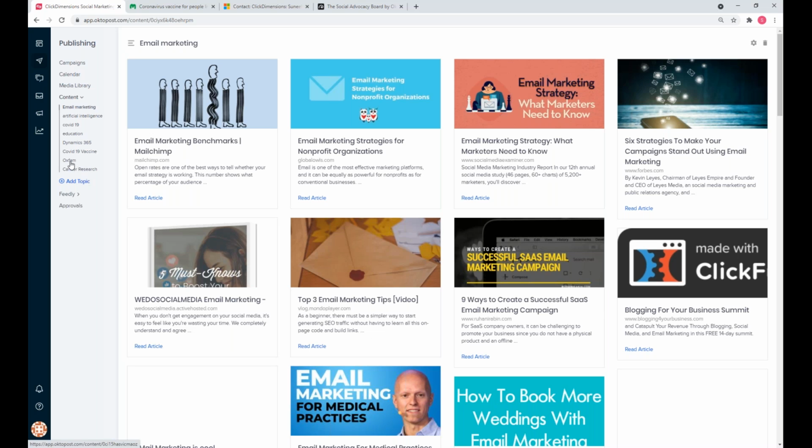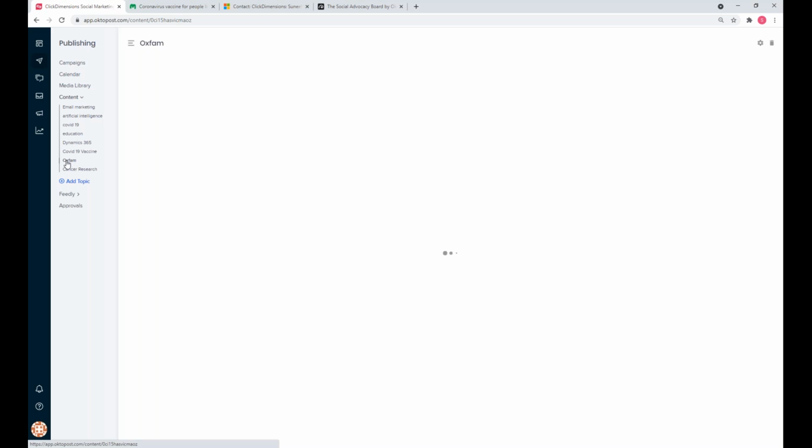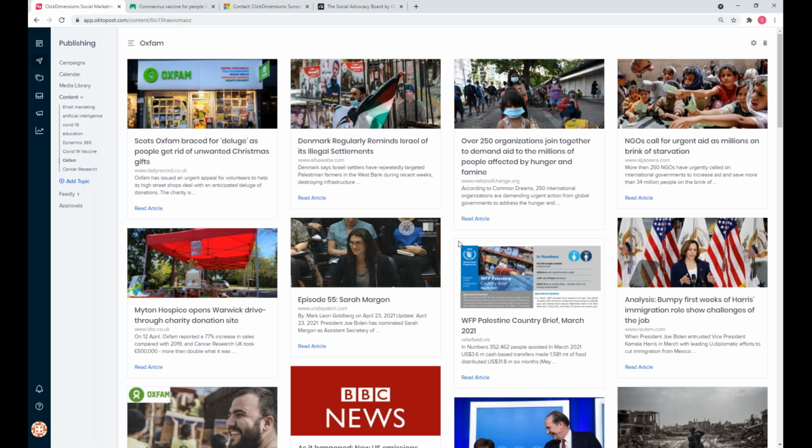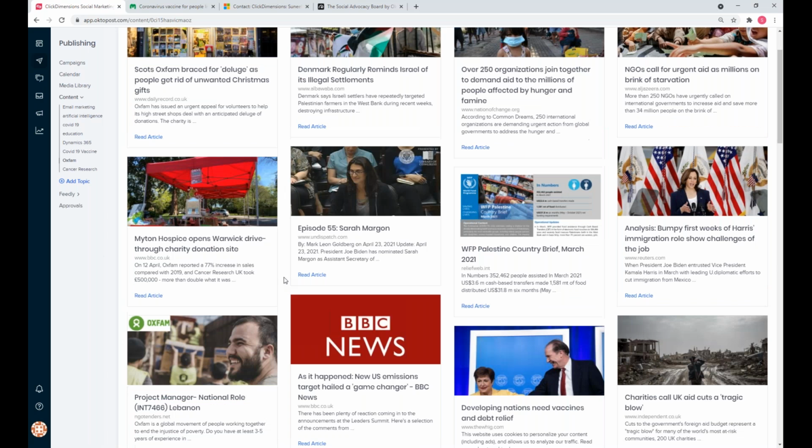So here are some other ones that I've done. I believe, Oxfam, I saw that on the logo. We might have Oxfam on the call today. So it's always a good idea to just chuck your brand into this. And what this is going to do is go off and scour Google, the first couple of pages on Google.